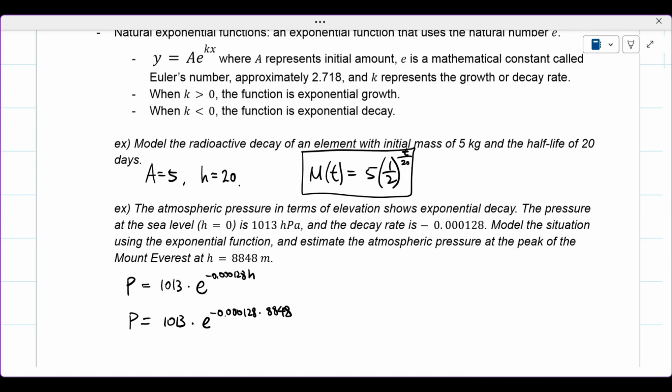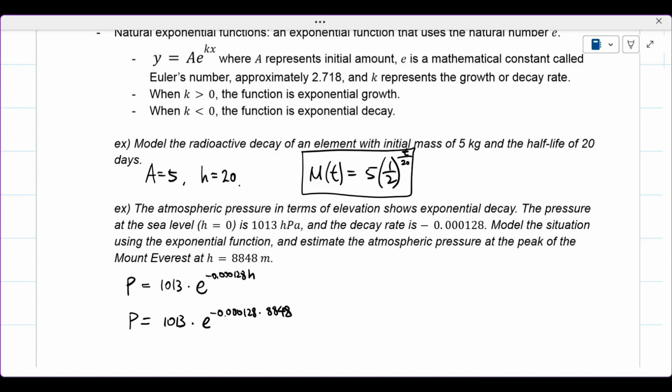So this one you don't need to use a graphing calculator. You can just use the graphing scientific calculator. 1013 multiplied by, and for E, you just have to go to the ABC, and E is already predetermined, to the power of negative